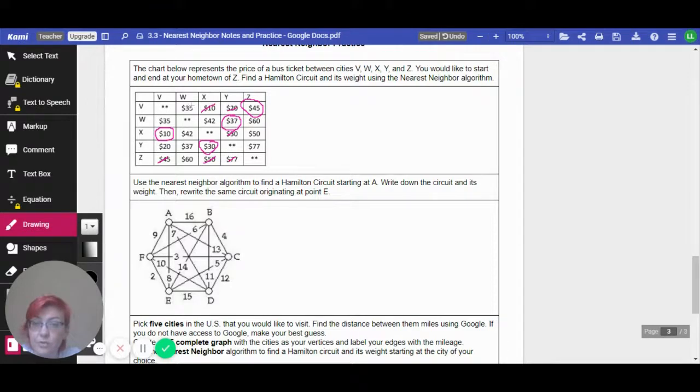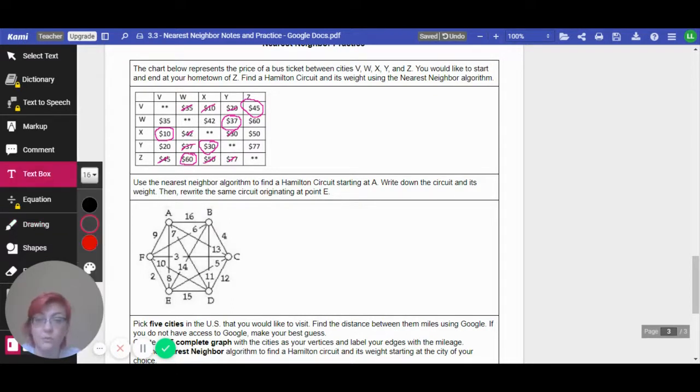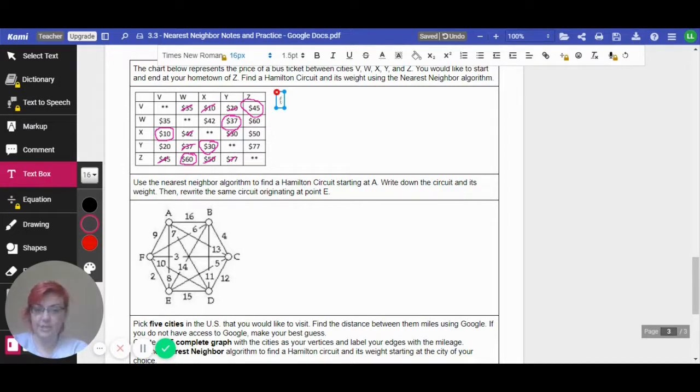All right, from W, I cannot go to V or X or Y. Nope, it's my last one, so I am in fact going to be traveling back to Z. So my circuit is Z, V, X, Y, W, Z. And my weight there is going to be 45 plus 10 plus 30 plus